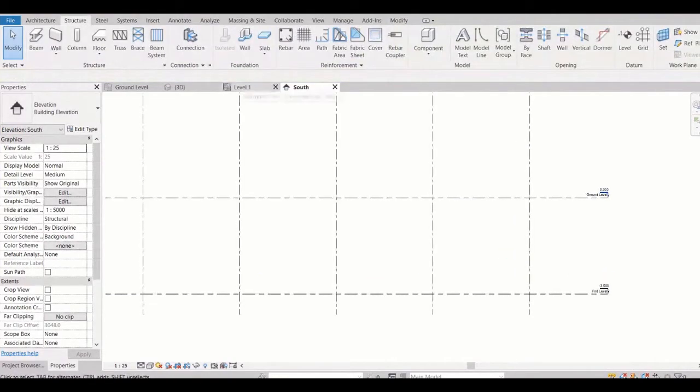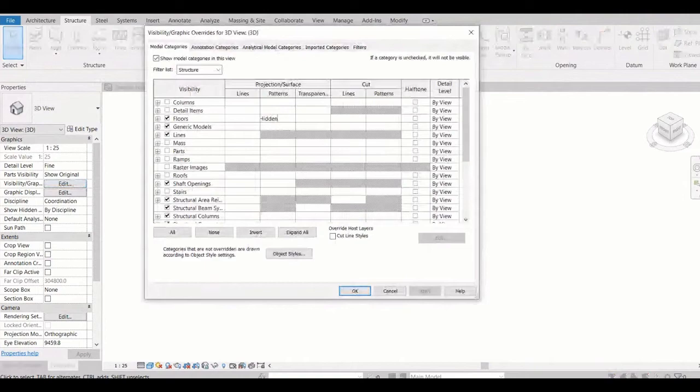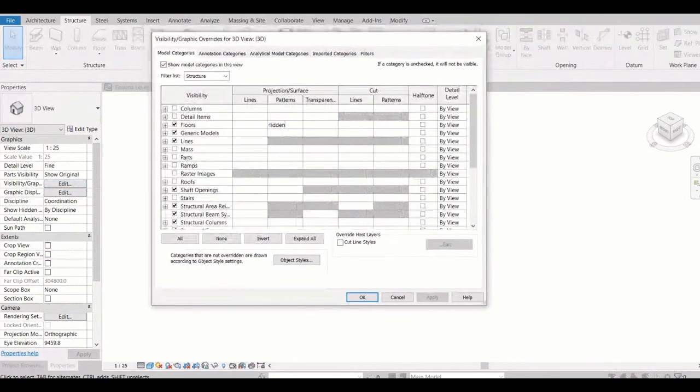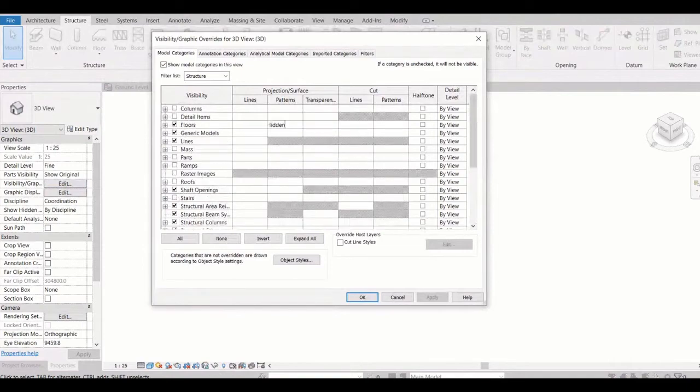So now if I go over here, in my 3D I will not see anything now. I will go here, visibility and graphics. Edit over here. Here it will show all the elements whatever we have inside of our Revit.